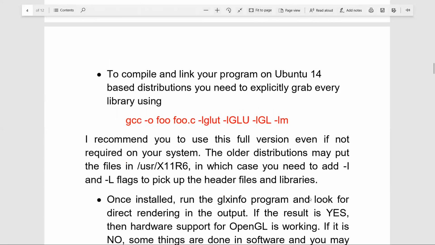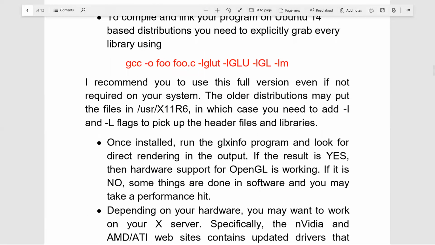And again I am repeating, for compiling and linking your program on Ubuntu or any Fedora or Red Hat based distributions, you need to explicitly grab every library. And how are we grabbing every library?